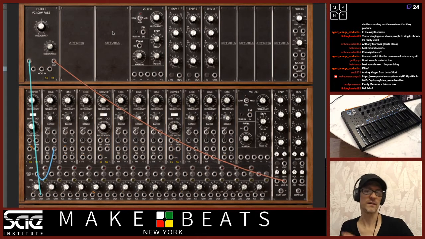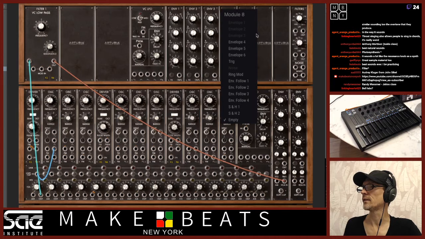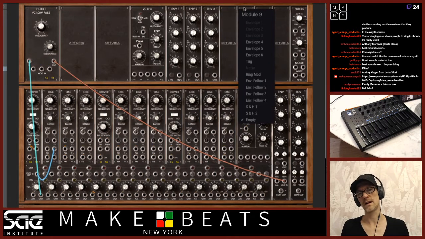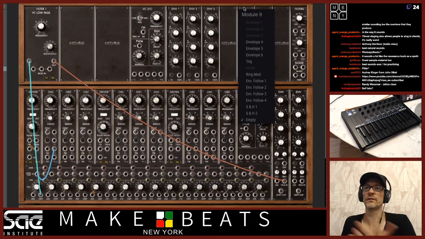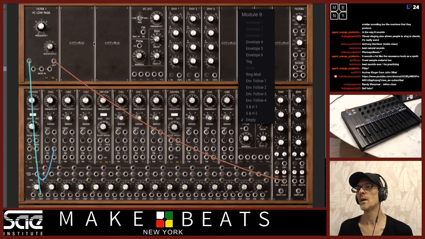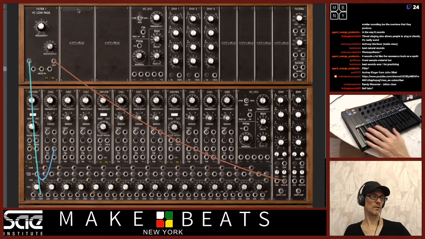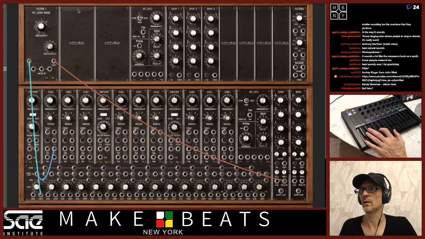I don't really mess with this one too much. Here we can add in more envelopes and stuff like that. This isn't one that I turn to a lot because I don't do a lot of modular synthesis stuff. Not in here. If I'm doing modular synthesis, it's more with Reaktor, but it's still a good learning tool for how this stuff works. I've already learned this a long time ago, so I don't really mess around with it as a learning tool, but it's a cool synth. It has a nice sound to it.